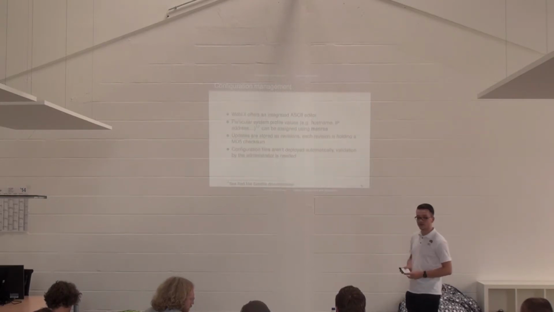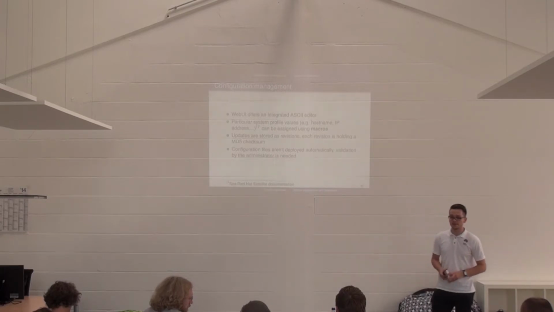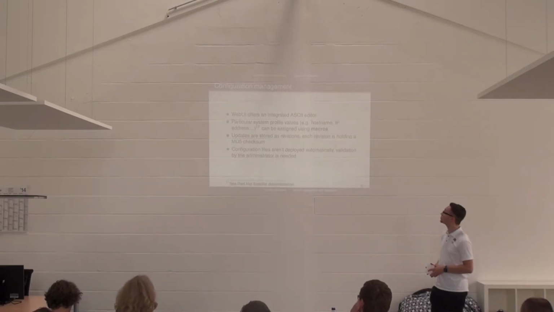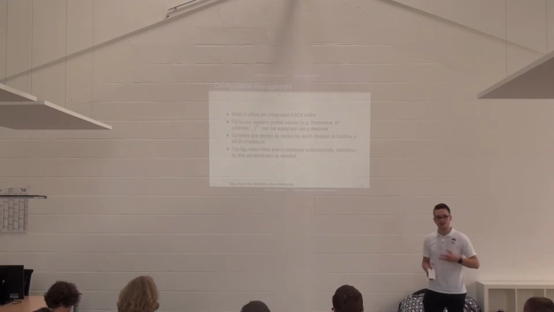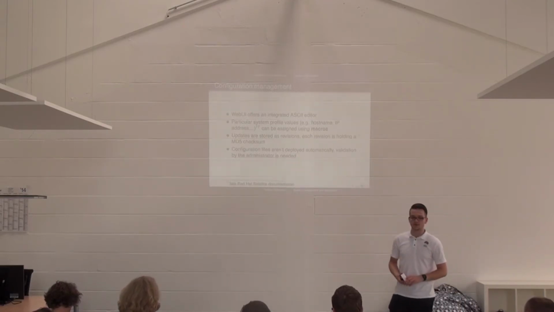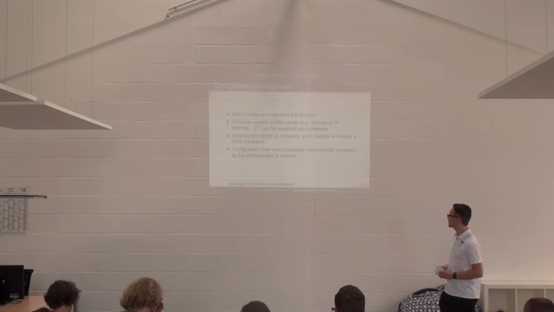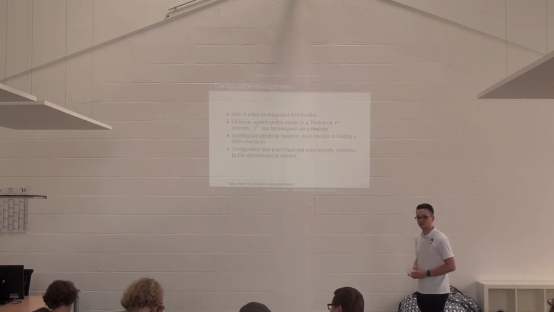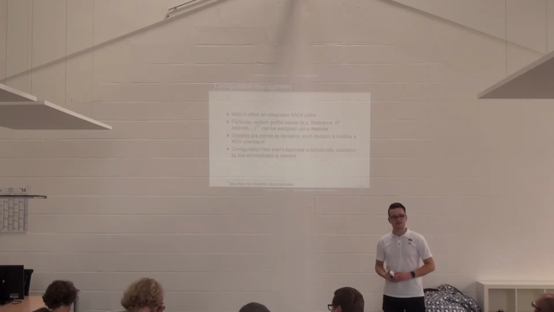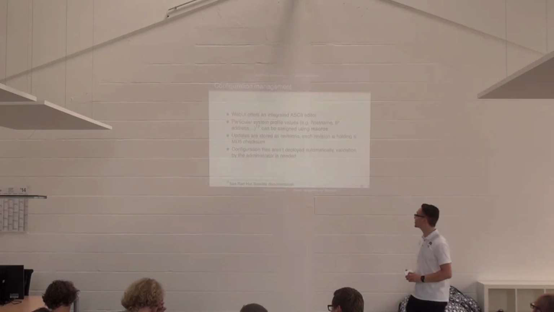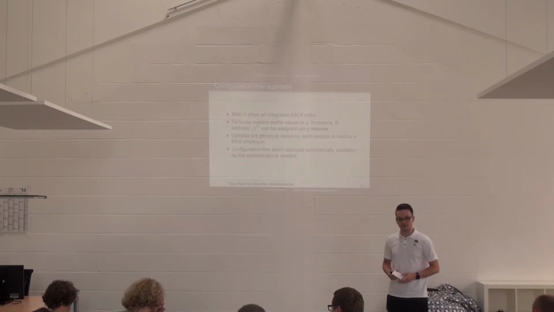And the web user interface offers an integrated ASCII editor, and it's also possible to use some of the system profile values, for example, the host name, the IP address, the system name, using macros. And if you want to know more about macros, I would recommend to have a look at the Red Hat setup documentation, because there are many things which would just be too much time if I'm explaining all the possible